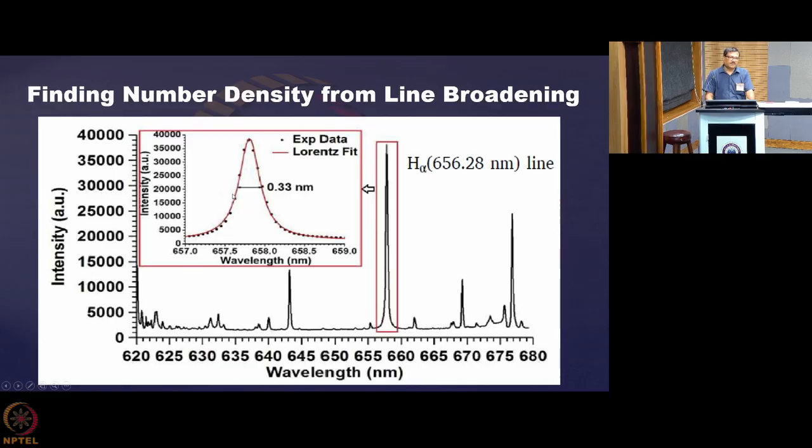That is, it will be able to provide you sufficient data to construct the profile over here. So we are seeing that the spectrometer which we have used is providing so much data that you can reliably construct the profile of the H alpha line. And once you have obtained the profile, it is very easy to get the full width at half maxima. So what you are seeing here is around 0.33 nanometer.